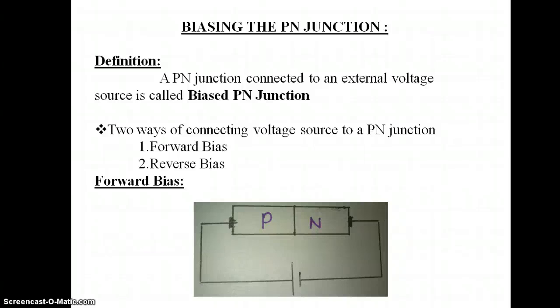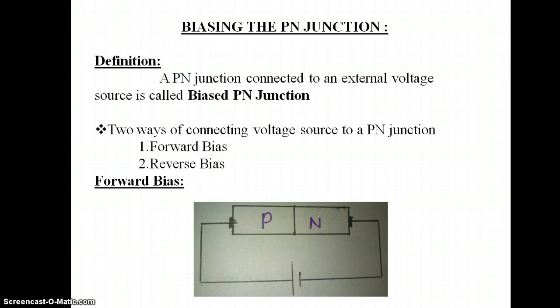Now we are going to see about the biasing of the PN junction diode. Basically, biasing means a PN junction diode connected to an external voltage source is called a biased PN junction. What is the purpose of biasing the PN junction? We are going to control the width of the depletion layer, thereby we can control the resistance of the PN junction as well as the amount of current that can